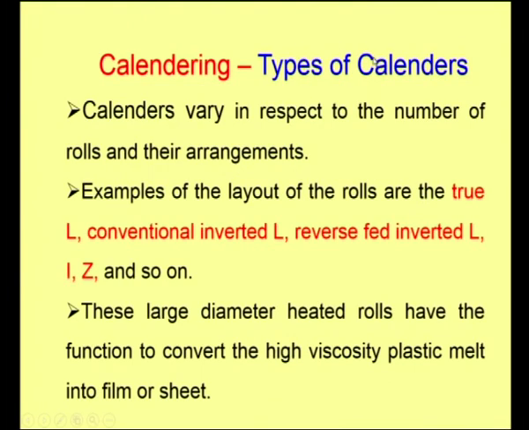Now, next we will move on to the types of calendars. The way by which we align these rolls in a particular way will result in different types of calendars. Calendars vary in respect to the number of rolls and their arrangements. Examples of the layout of the rolls are the true L, that is L shaped roll, conventional inverted L,